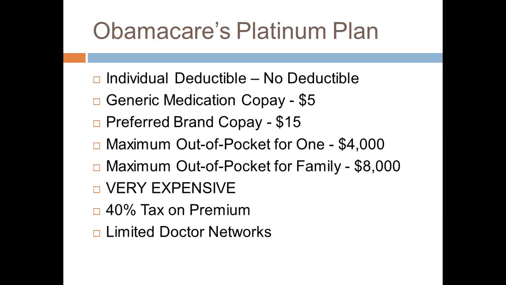And the Platinum plan, which is going to be their most expensive plan, again, no deductible, $5 copays for generics. We're probably not going to beat that. And $15 copays for brand name, we're probably not going to beat that. So this plan here would be great for the client and extremely expensive. Okay, go look at some of these prices, you guys. These can get into the thousands for a family. Very, very expensive plans. And obviously, as of today, only 50,000 people have enrolled for this because it is very expensive,